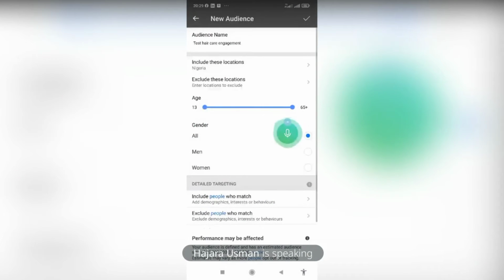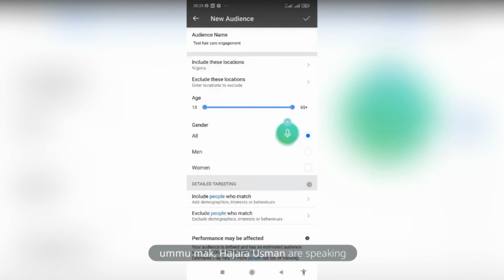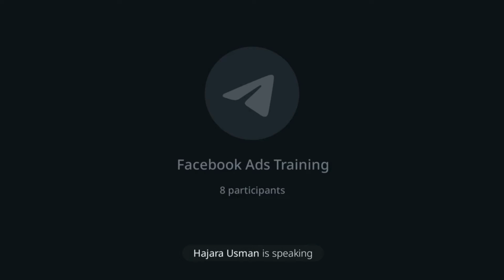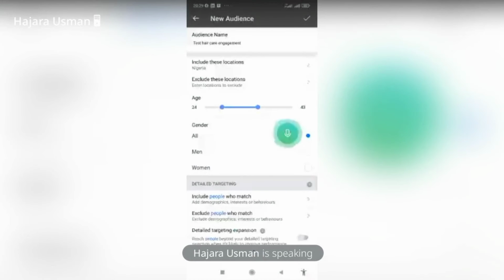Then the age range, 13 to 65 is what we have on the back. 13-year-olds do not have the money to afford my products. So I'll slide it to a range that can buy my product. So I'll say from 24 to 45 or even 42. 45s, I don't think they really care about their hair at 45. Then